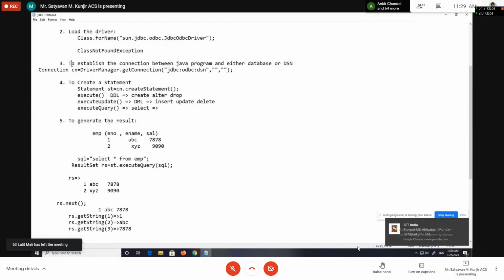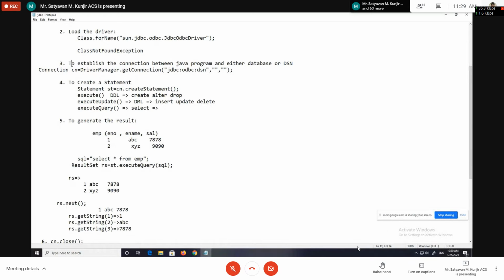See, what is step number 3? To establish the connection between the Java program and either the database or DSN. Actually, this is a very important step because by using it, we are going to connect our Java program with either the database or DSN. For connecting the Java program with the database, we have to use the getConnection method. getConnection is a static method of the DriverManager class.